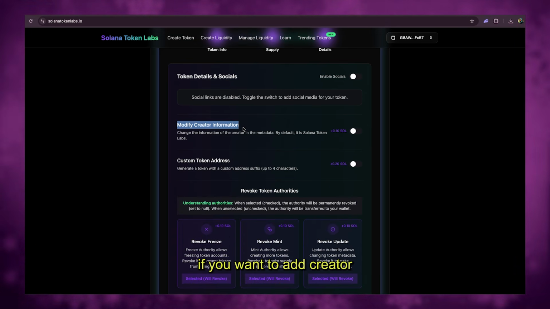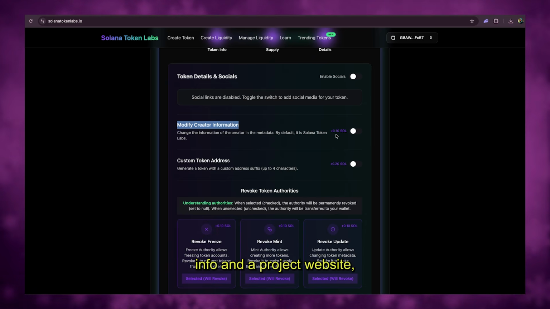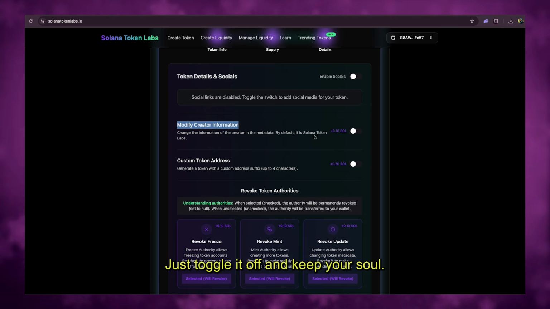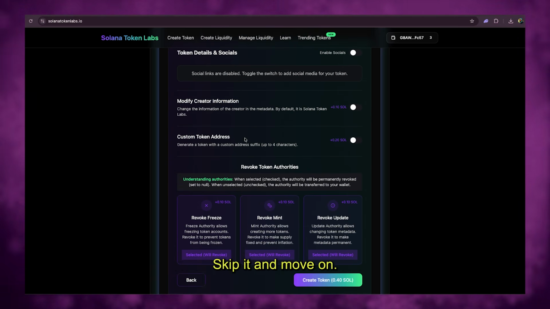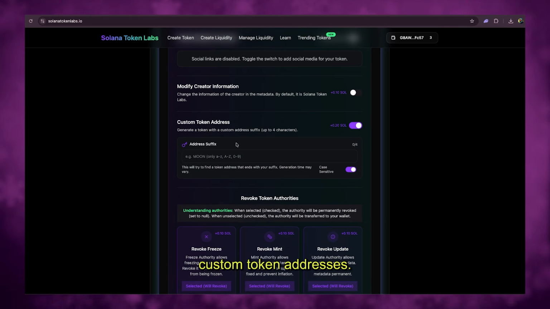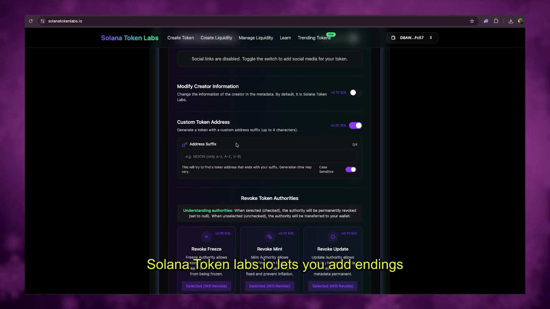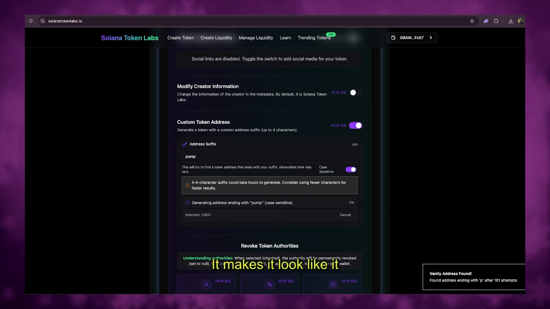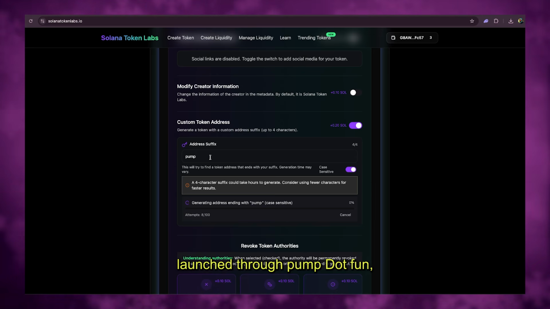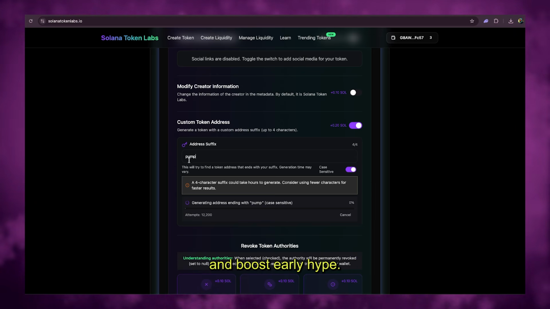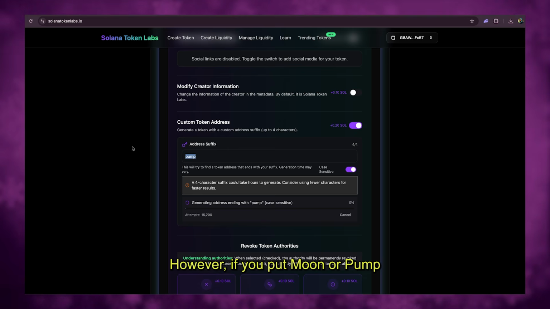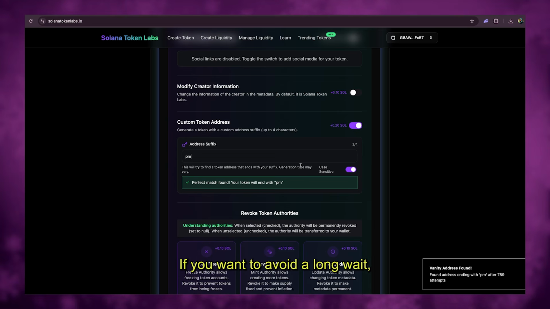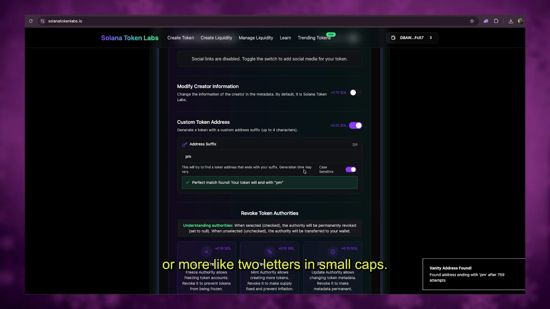The next thing asks if you want to add creator info and a project website, but it costs 0.1 Solana. Honestly, it's not worth it. Just toggle it off and keep your soul. Skip it and move on. Now comes one of the coolest features, custom token addresses. solanatokenlabs.io lets you add endings like pump or moon to your token's address. It makes it look like it launched through Pump.Fun, which helps build trust, attract buyers, and boost early hype. However, if you put moon or pump as a suffix with 4 letters, it will take around 20 minutes to update on the site. If you want to avoid a long wait, just add PM or MO, like 2 letters